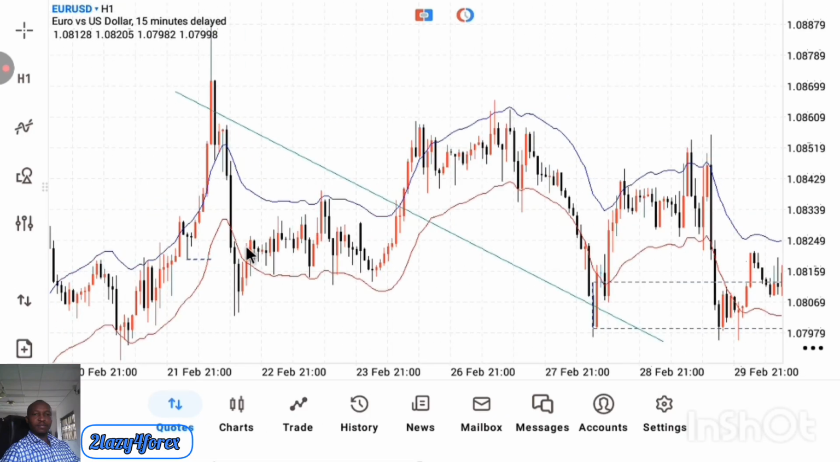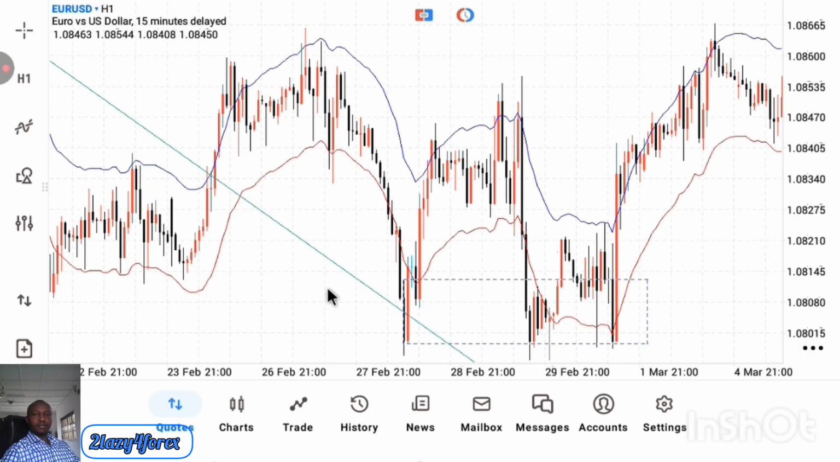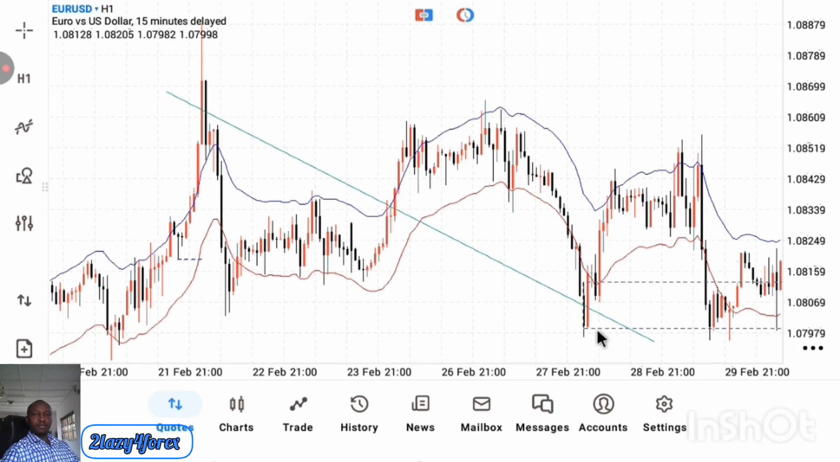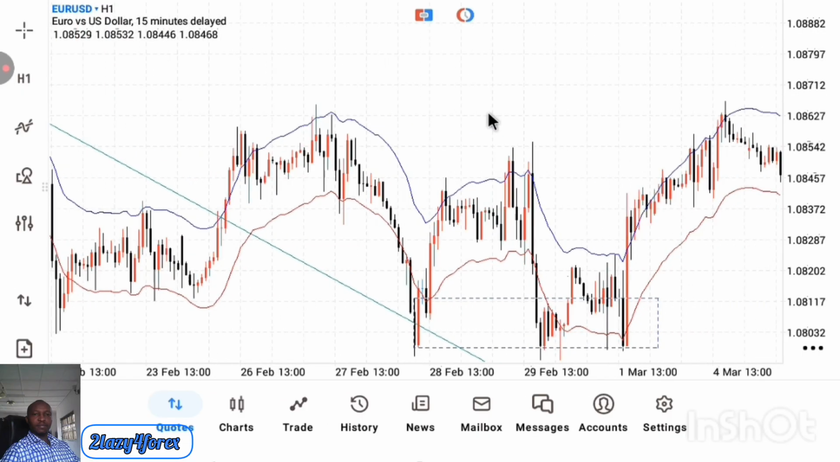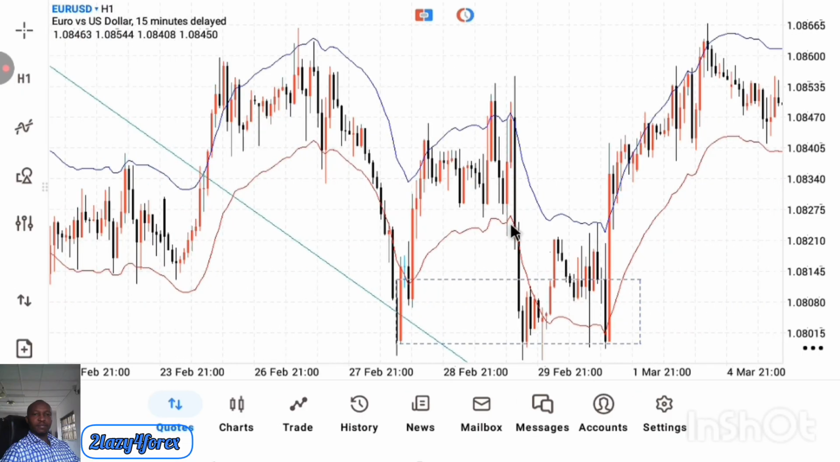So once I have the pullback, the next thing I start looking for is a break above the blue line, a higher high close above the blue line. First, I need a lower low close below the red. Once I have that, it has to equally be a pullback by my own strategy. Then after a lower low below the red line, I need a higher high close above the blue line first. Once I have that, I will wait for a pullback